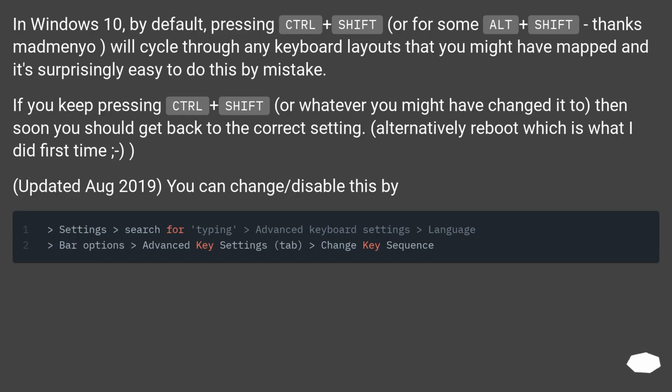In Windows 10, by default, pressing Ctrl plus Shift, or for some Alt plus Shift, thanks Madmanio, will cycle through any keyboard layouts that you might have mapped, and it's surprisingly easy to do this by mistake. If you keep pressing Ctrl plus Shift, or whatever you might have changed it to, then soon you should get back to the correct setting. Alternatively reboot, which is what I did first time. Updated August 2019, you can change/disable this by